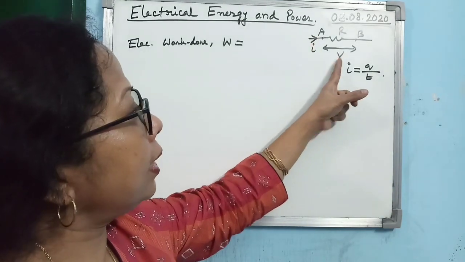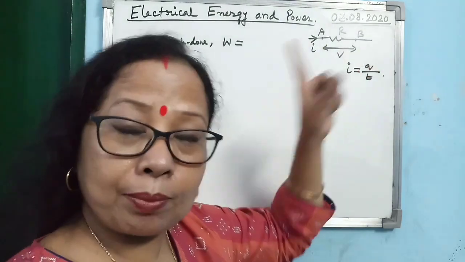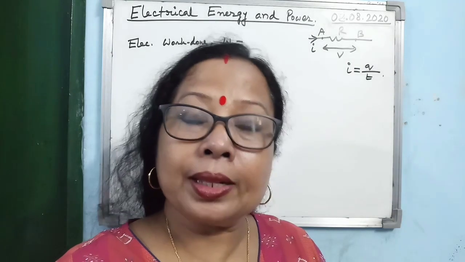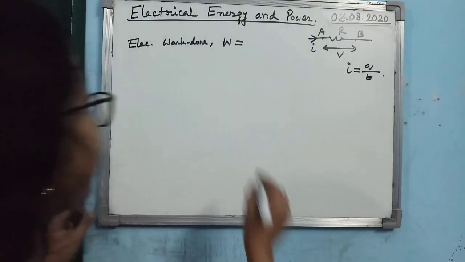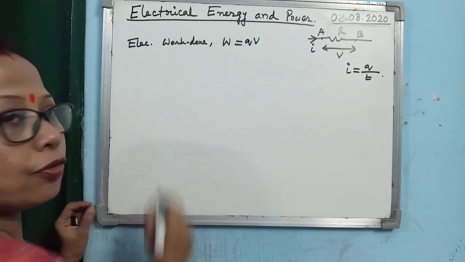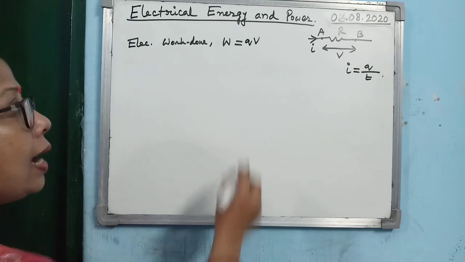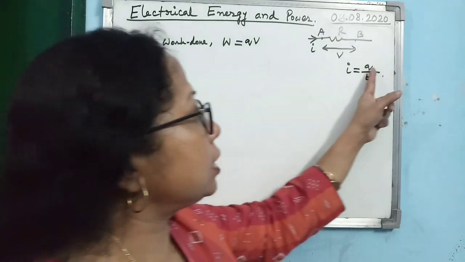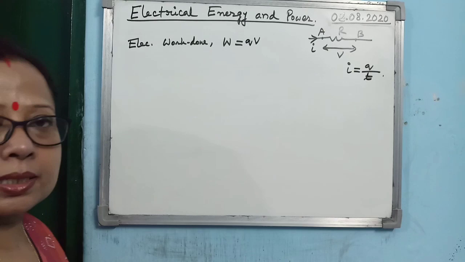Now look at the diagram, we are not taking unit charge. Rather, how much charge are we taking? We are taking Q amount of charge. So to take unit charge, if the work done is V, then to take Q amount of charge, what will be the work done? That is Q into V. So you see, the expression for electric work done comes from the concept of potential difference, and you can write Q into V. We assume that Q amount of charge is passing in time T.